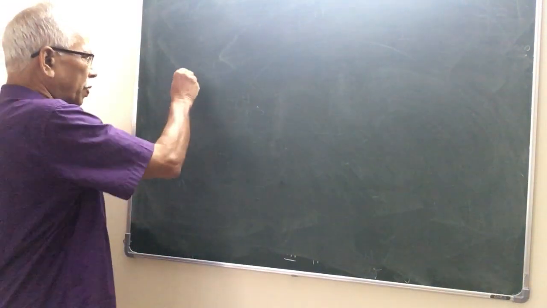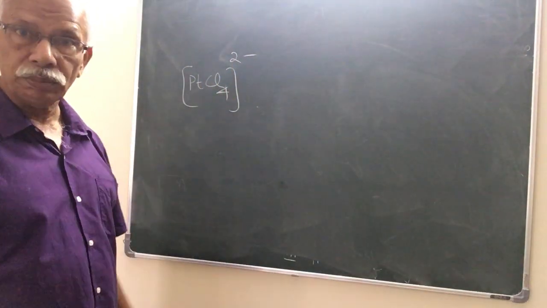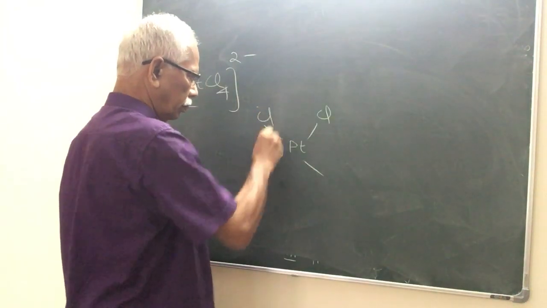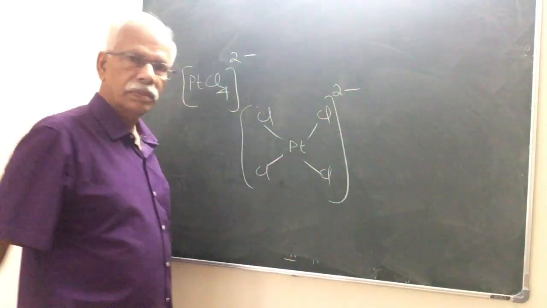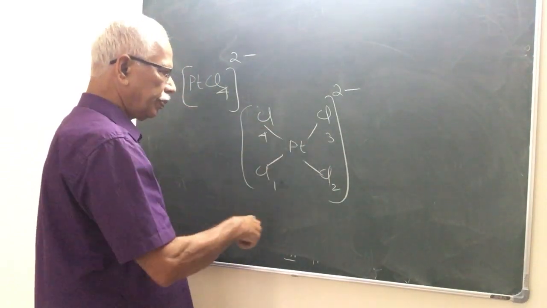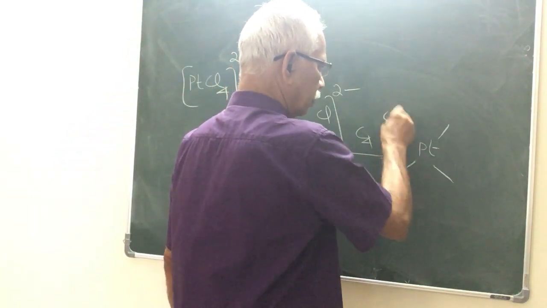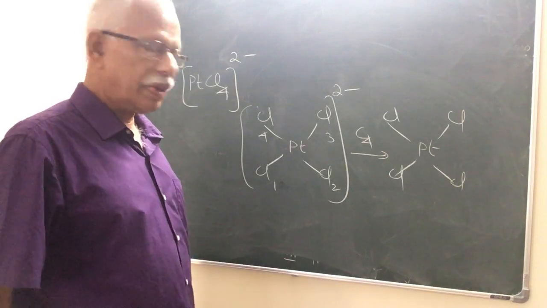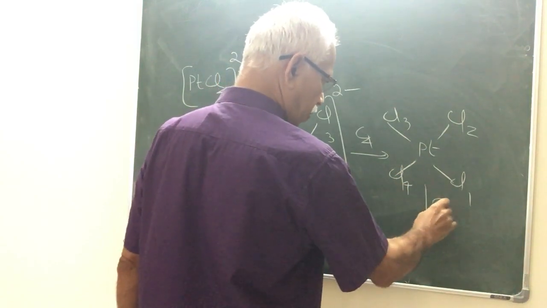Think of examples with higher axis of symmetry. A C4 axis is possessed by this famous complex, tetrachloridoplatinate(II). It's a square planar complex. If I label the chlorines as 1, 2, 3 and 4, 90 degree rotation creates the same appearance. Of course, the labeled atoms get changed in their positions. 1, 2, 3, 4. One more C4 brings it as